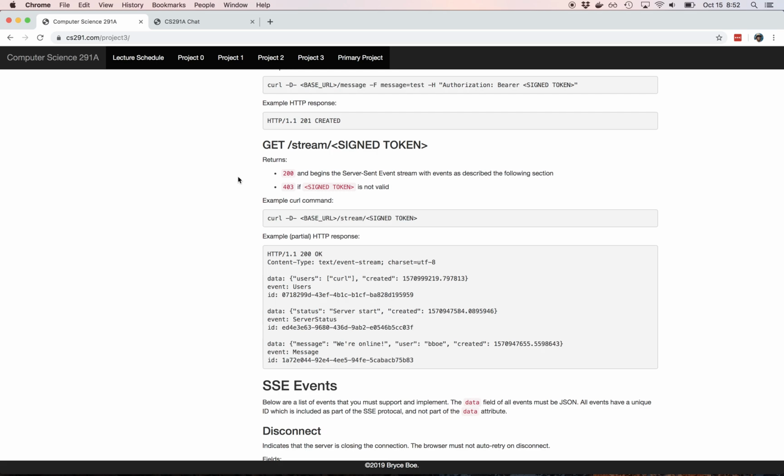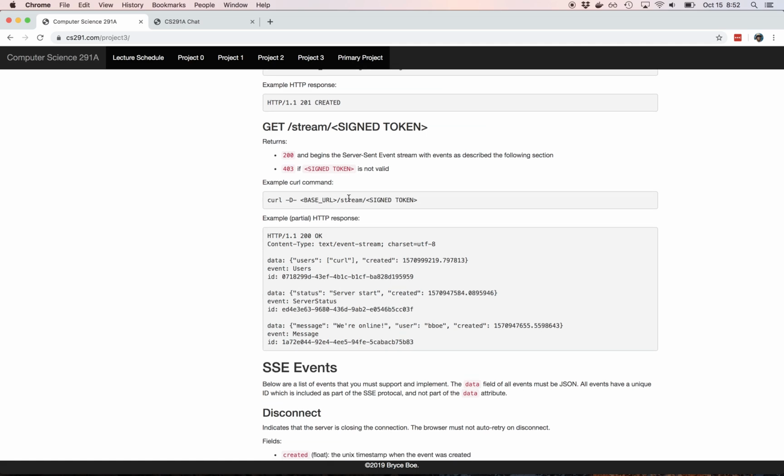I think that should happen because this is an error. So curl -d base URL stream signed token, and then curl will actually keep the connection open too. So this is just a partial view of the response. So we get 201 OK, and then the way it keeps the connection open and keeps going is this text event